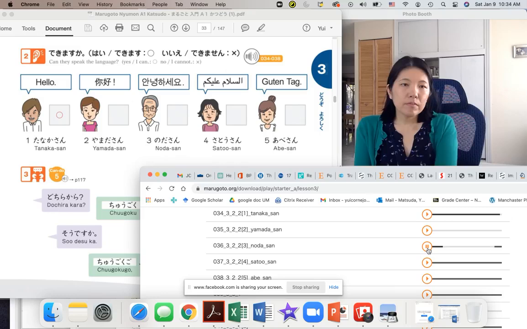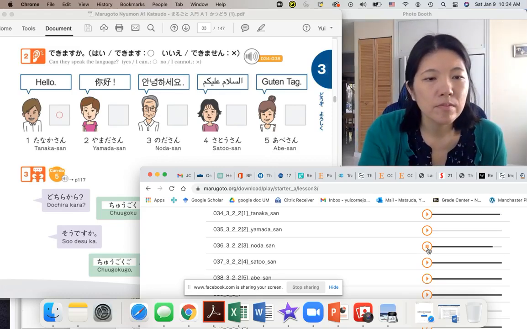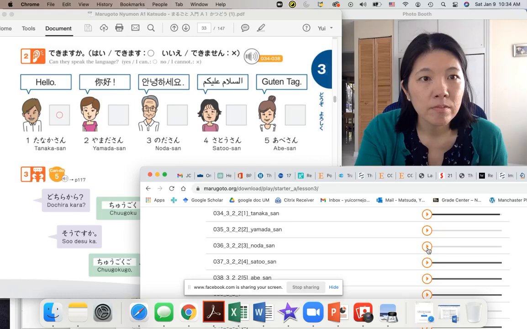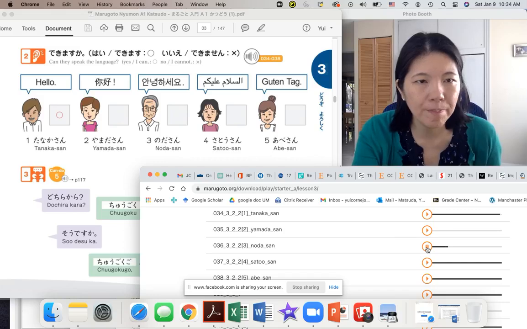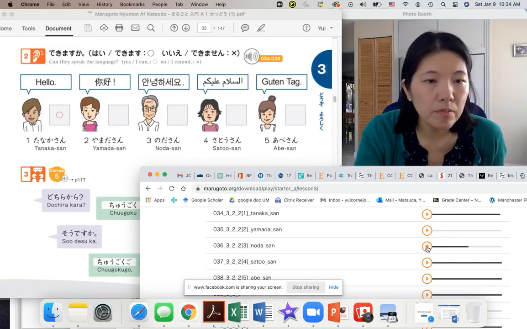3、野田さんは韓国語ができますか？いいえ、できません。ああ、そうですか。Okay, let's hear it again. 3、野田さんは韓国語ができますか？いいえ、できません。ああ、そうですか。